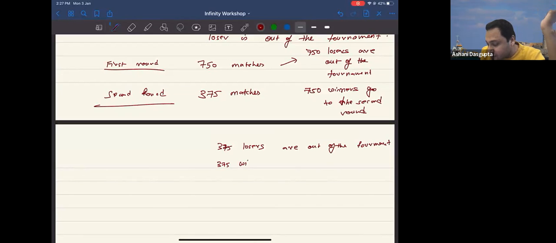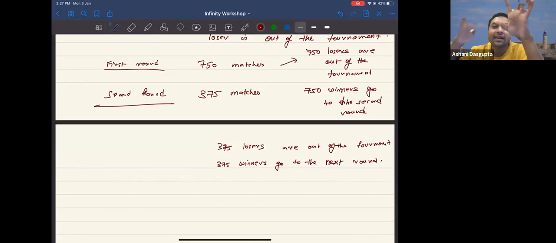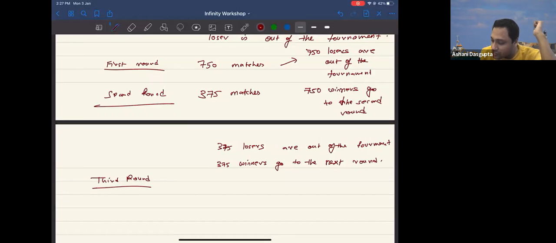375 winners go to the next round. And of course, you cannot divide 375 by 2 this time. So what you do is, in the third round, you take 374 teams